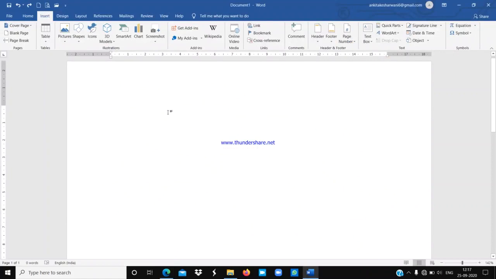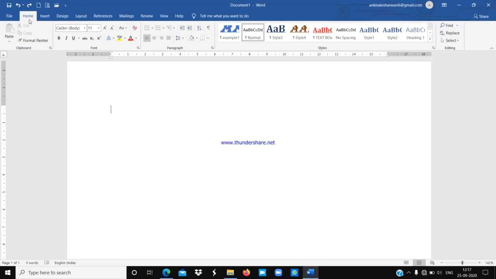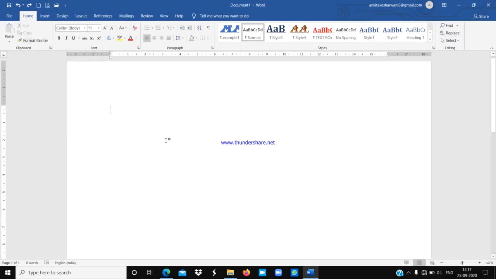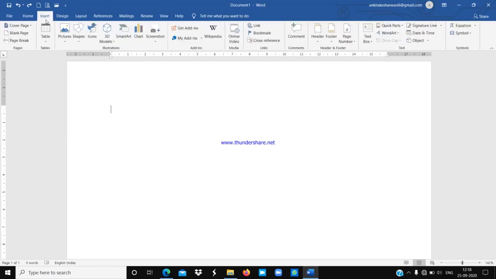So this is your Microsoft Word file. When you open any Word file document, by default the Home tab is selected. If you want to insert a text box in your Word file, first you have to click on the Insert tab, which is present just beside the Home tab.